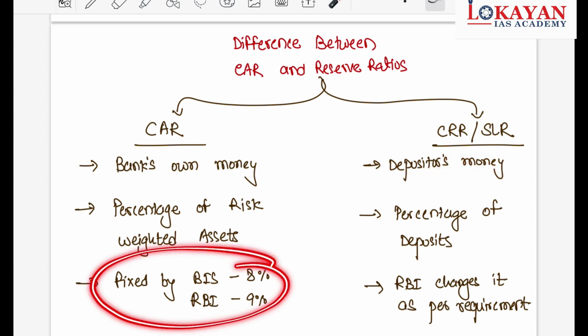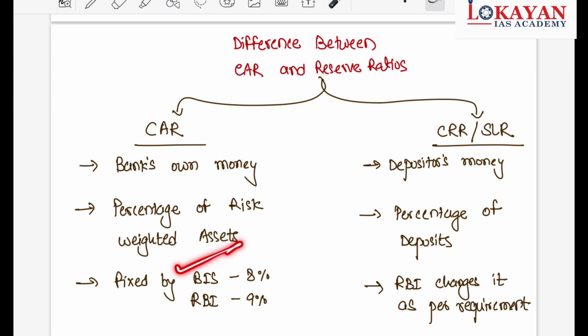CAR is fixed at a global level by BIS, and in India it is decided by RBI. And generally, they are the same. Same means they do not change frequently, but CRR and SLR can be changed based upon circumstances. Obviously, this can also be changed, but most of the time they are fixed. They haven't been changed